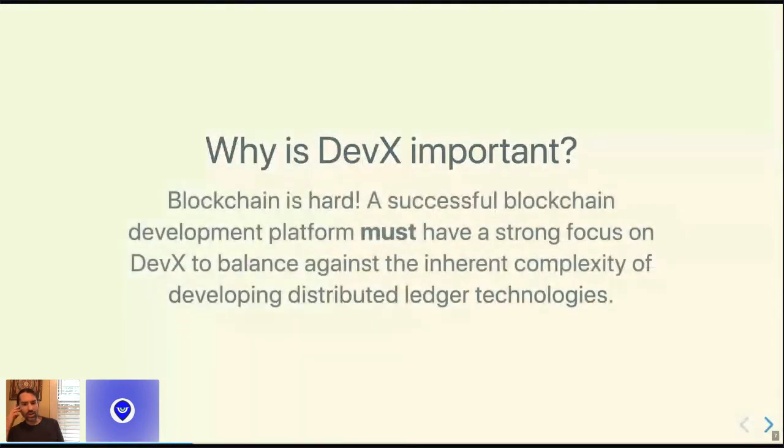Blockchain is hard, and a successful blockchain development platform must have a strong focus on developer experience to balance against the inherent complexity of developing distributed ledger technologies. So we want to have our framework, the Cosmos SDK, take away as many of the hard parts as possible so that you can just focus on writing the software you're trying to write and getting it correct, and getting something out there that users can use and build amazing things with.